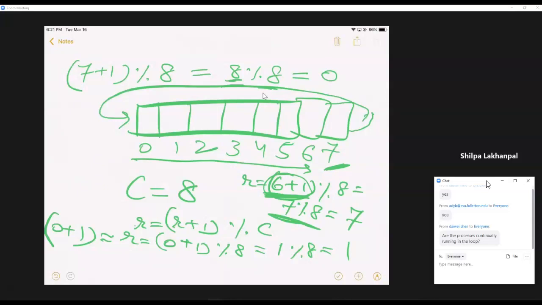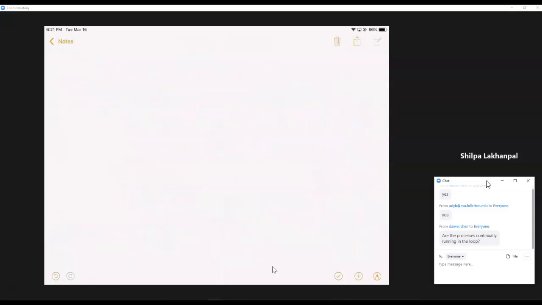Right? So let's look at an example to see what we are going to get, for another queue here.